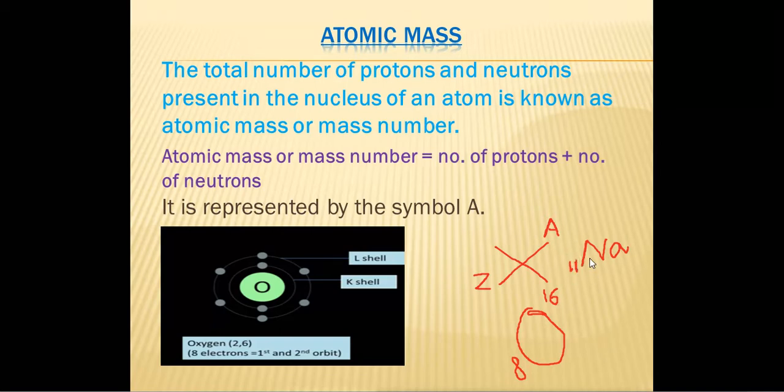Okay, and what will be the atomic mass of sodium? It is 23, and 23 is written at the top. So in this tutorial, I will tell you how you can calculate this atomic mass by using the atomic number. You should know the atomic number of the elements, then only you can calculate the atomic mass or the mass number of the elements.